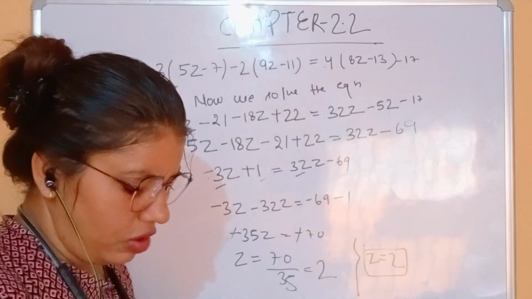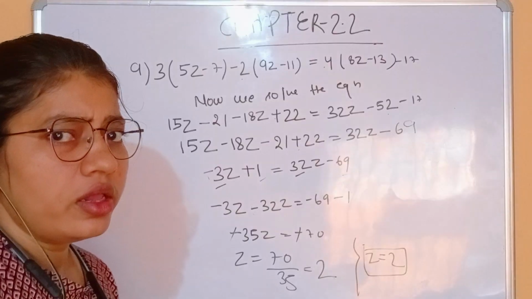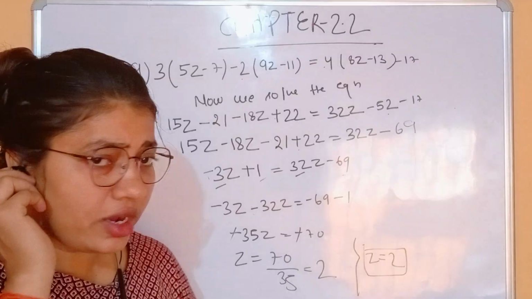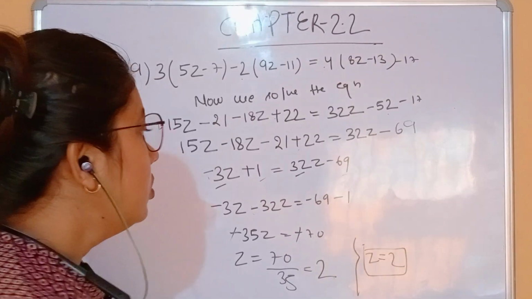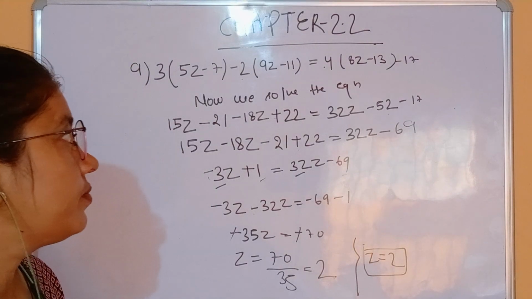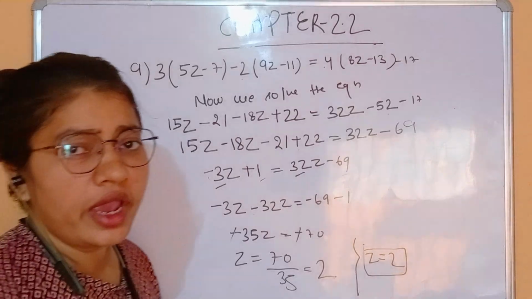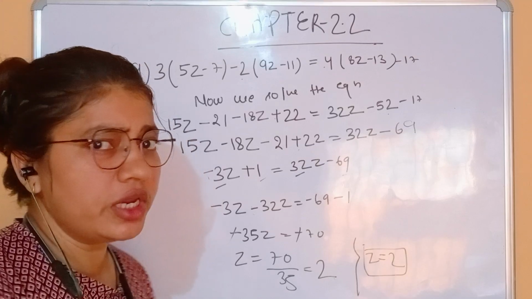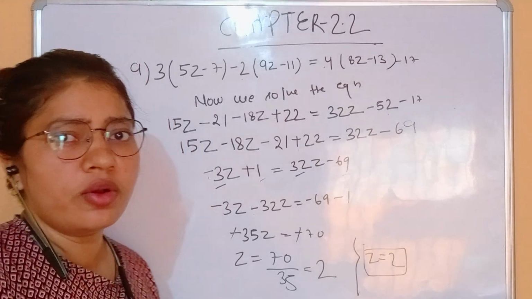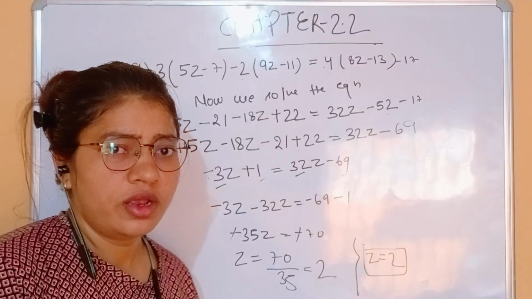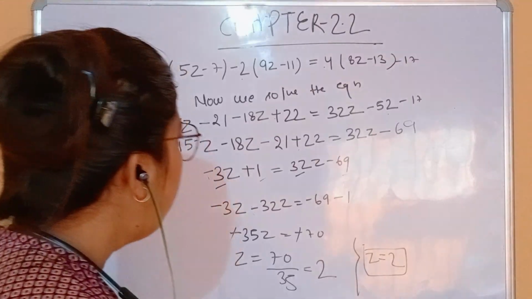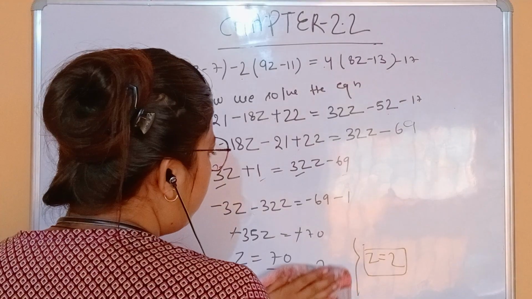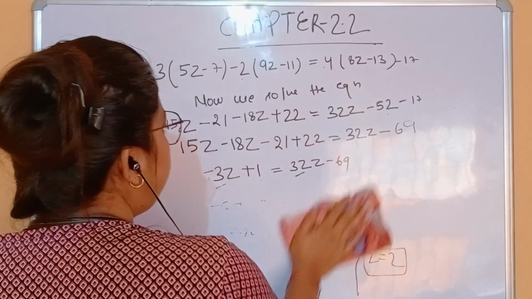Now we have found the value of z easily. So write this in your copy. First you write it in your copy. Please use our video, because it is free of cost. In the CBSE board there are many fees for coaching, but here you can find it free of cost. So you solve, then put the value and check whether the value is true or not.